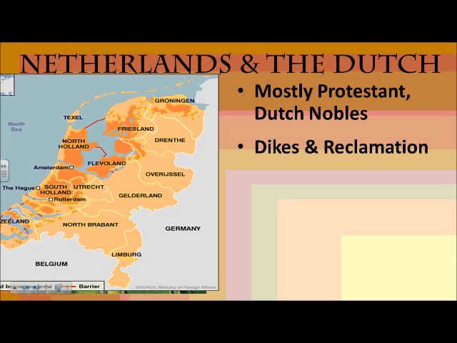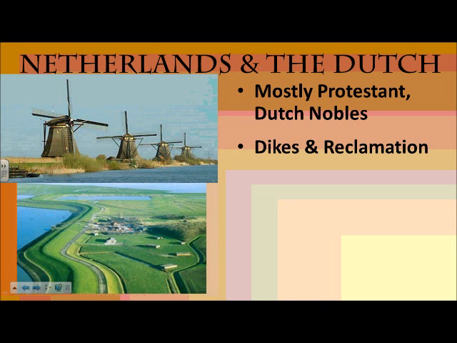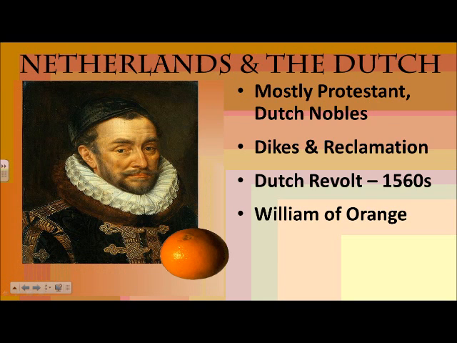Now, with the dike system and reclaiming land from the sea, not only do they have more territory, but it is usable territory. They can grow crops on it. It is a place for settling. So this is a really cool thing that the Dutch do, but they still are upset about Spanish control of the region. So in the 1560s, the Spanish army hasn't been paid for a while because Philip is losing more and more power. Spanish army hasn't been paid, so they start looting Dutch homes, and the Dutch decide to fight back. But they're not incredibly organized until William of Orange becomes their figurehead, becomes their leader.